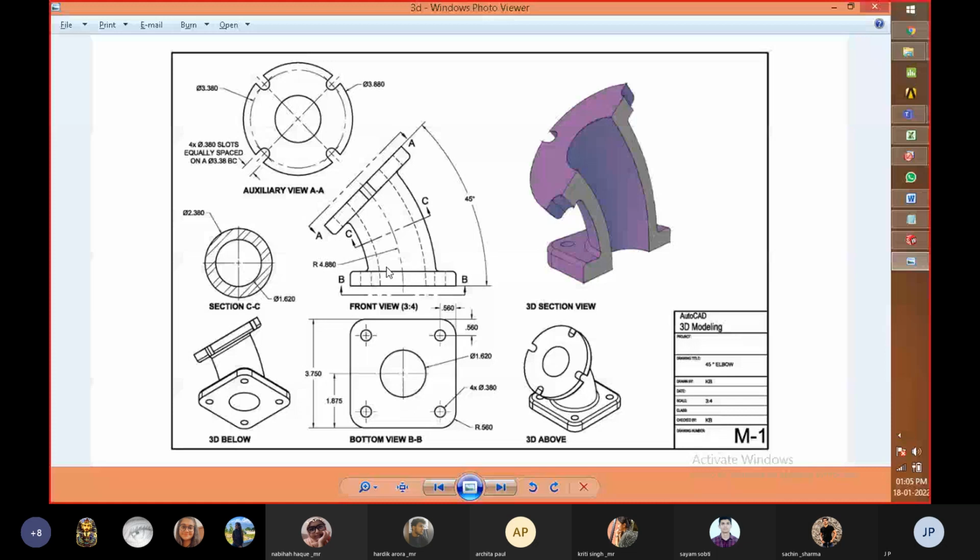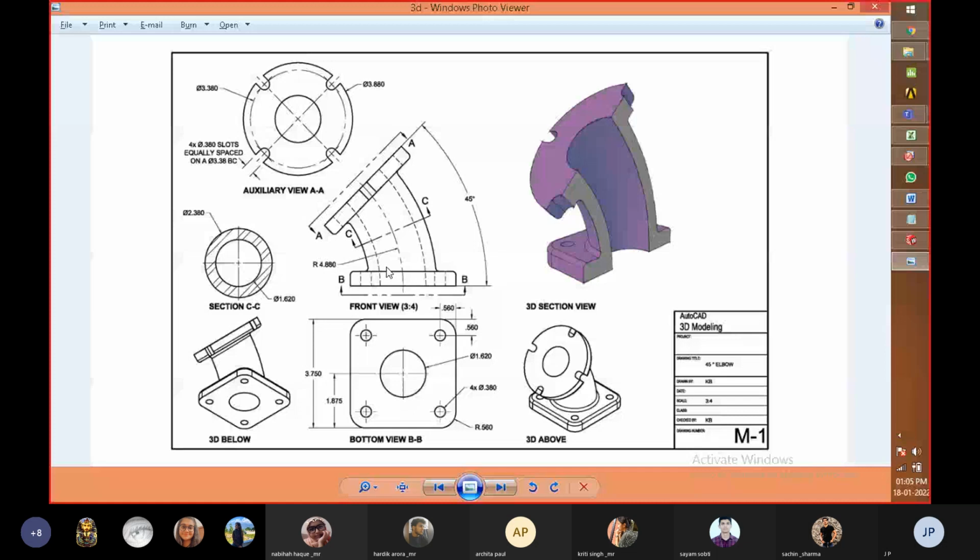For that purpose, we need to create a 45-degree angle circle with the help of the revolve tool. Then we can choose the top plane where we can add such material. We are going to create two circles that follow a path of 45-degree angle, and the diameters of those two circles are 1.620 and 2.380.